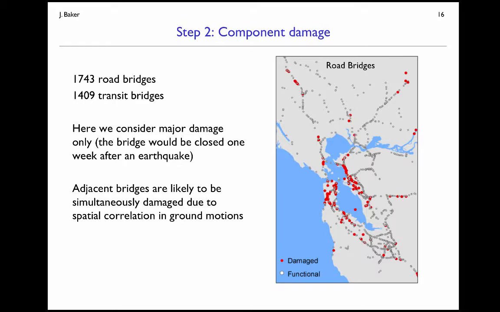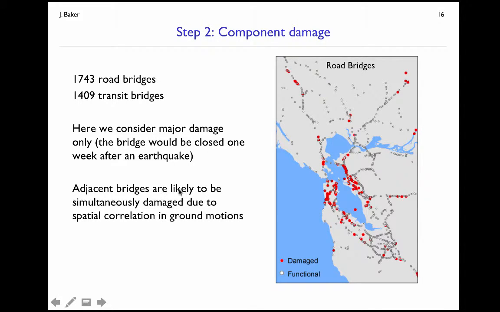we have an interesting decision point in terms of impacts and recovery that would be useful to model here. Because of that, we've only looked at major damage to these bridges in this analysis, but that's something that could be generalized without severely disrupting this framework. So I'll mention that damage state we're going to consider.